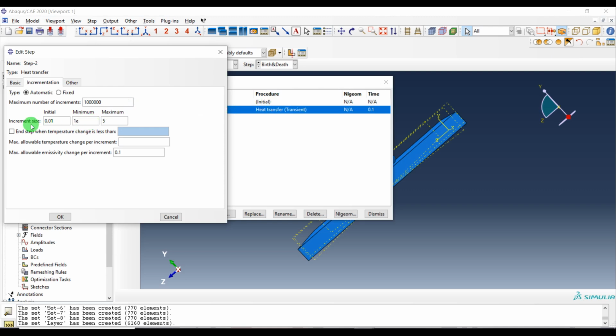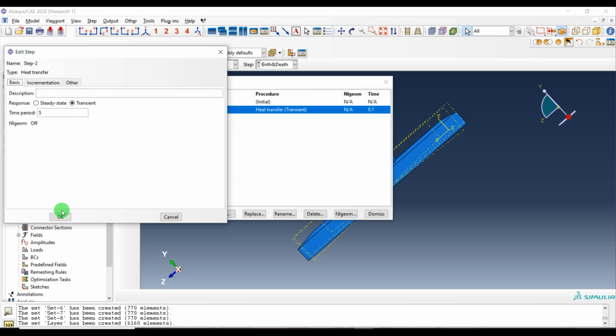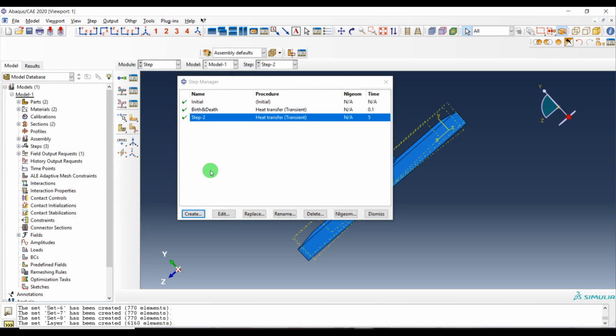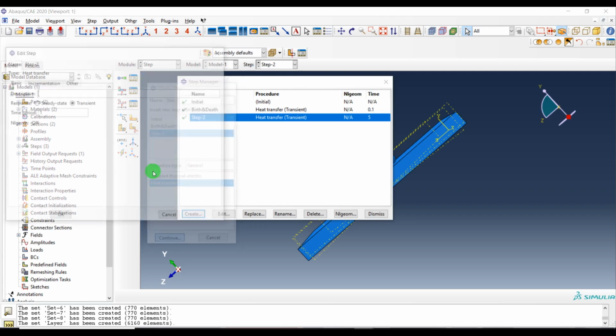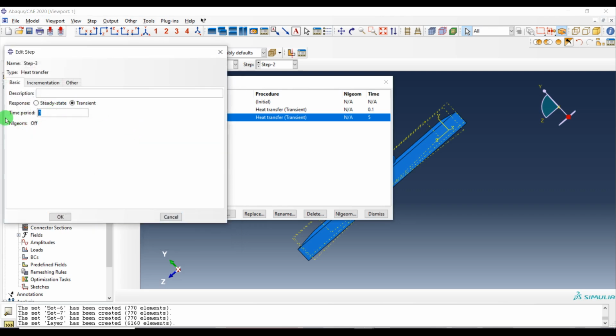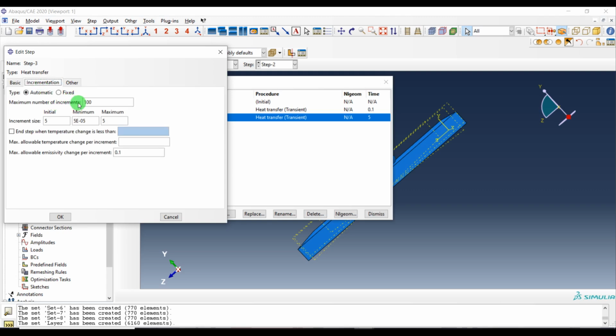And E minus 20 and 2.5. You have to define exactly the same for all of them, and five seconds for each step, 1 million, 0.01, 1 E minus 20, and 2.5, 350,